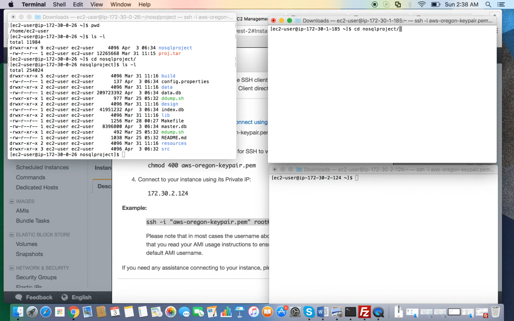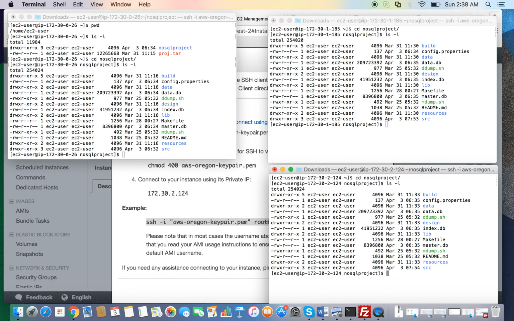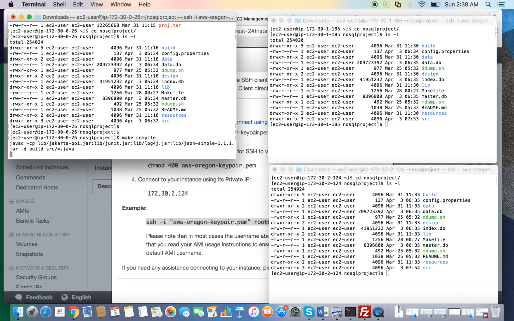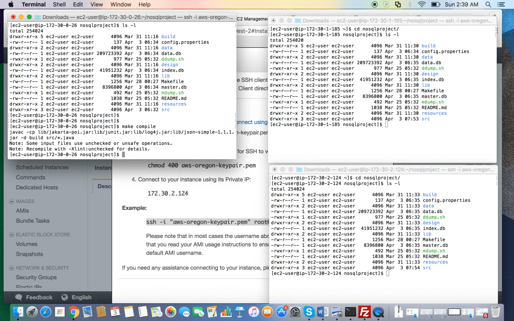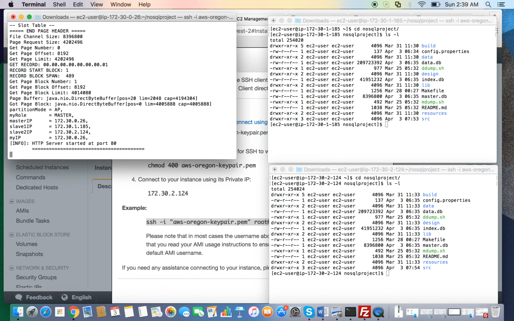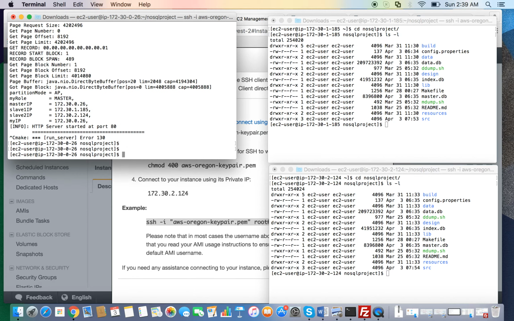We are going to use the makefile inside this project to compile this project and run the server. So to compile, we first do make compile, and to run the server we do sudo make run server. So as you can see, the server is started, but I'm going to stop it for the time being